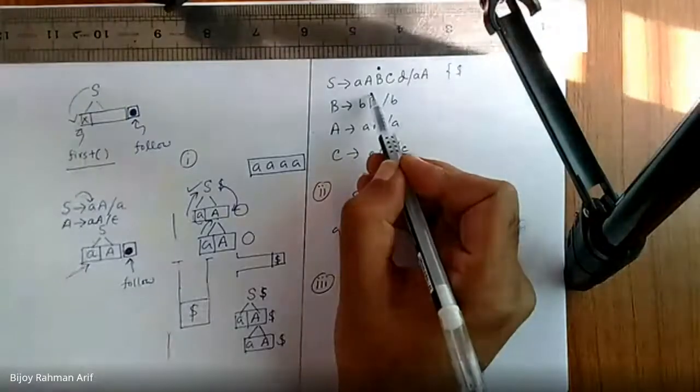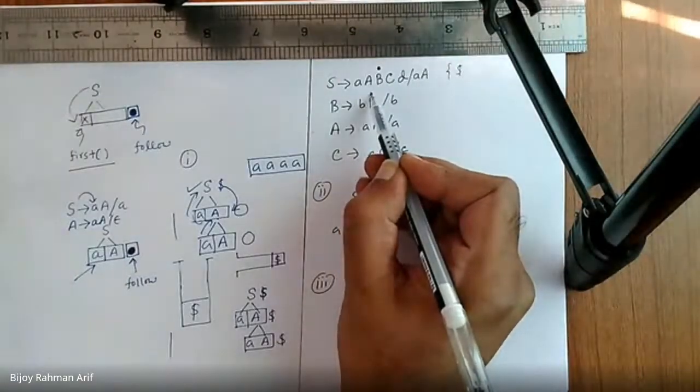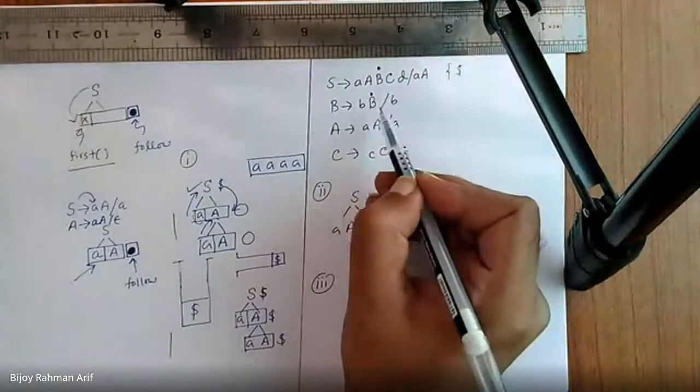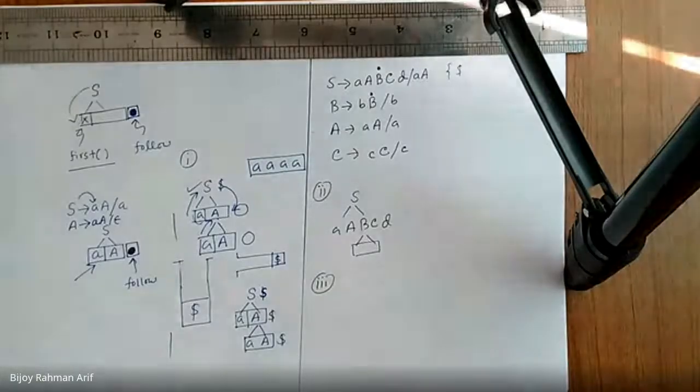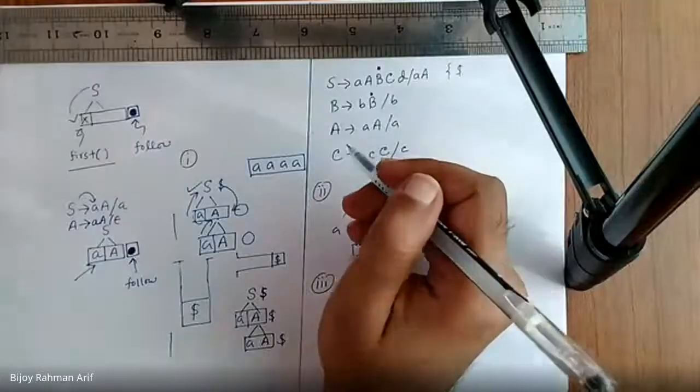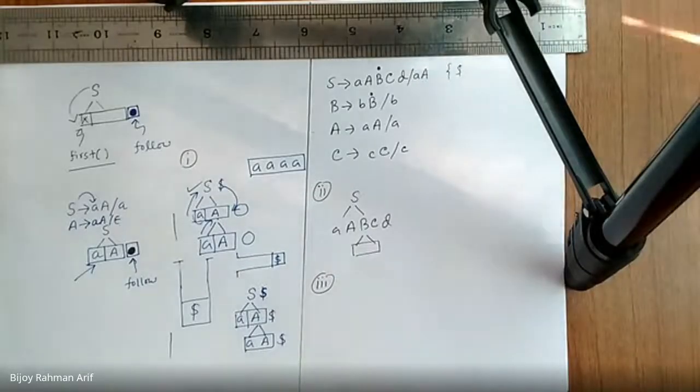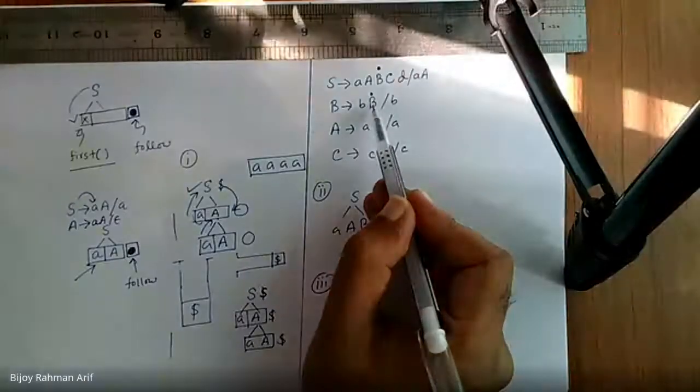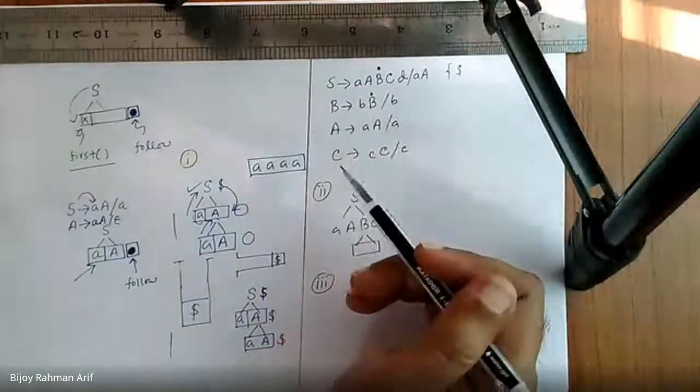It is coming at the end of something, the end of the product. Then what would be the follow? After B there is nothing. So how can you find it? Dollar? You are a very greedy person, always thinking about dollar. Sorry, sir. So tell me, after this B there is nothing. So what would be the follow?